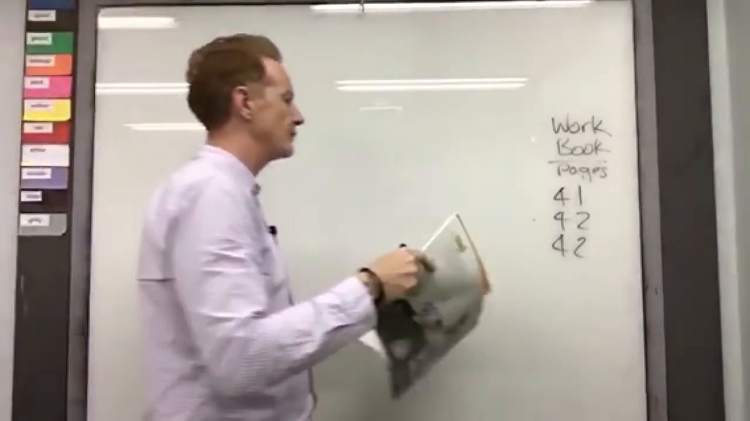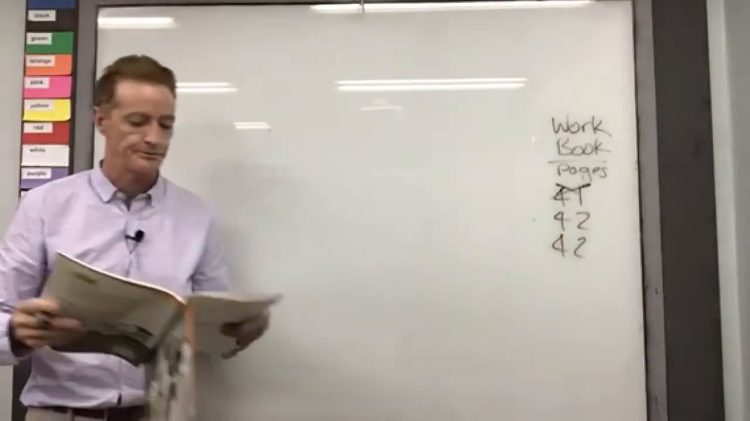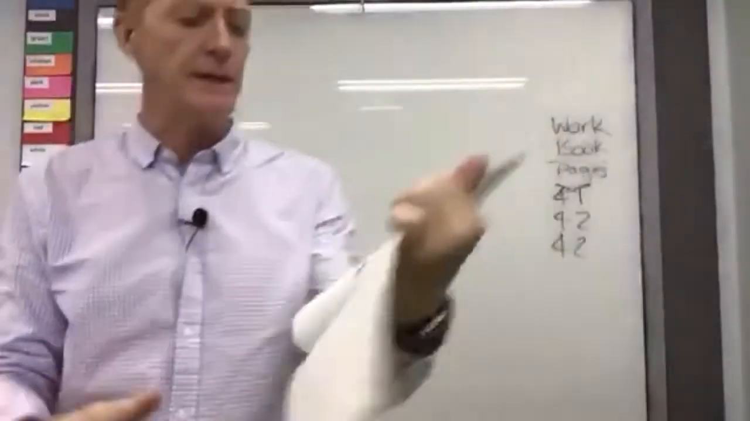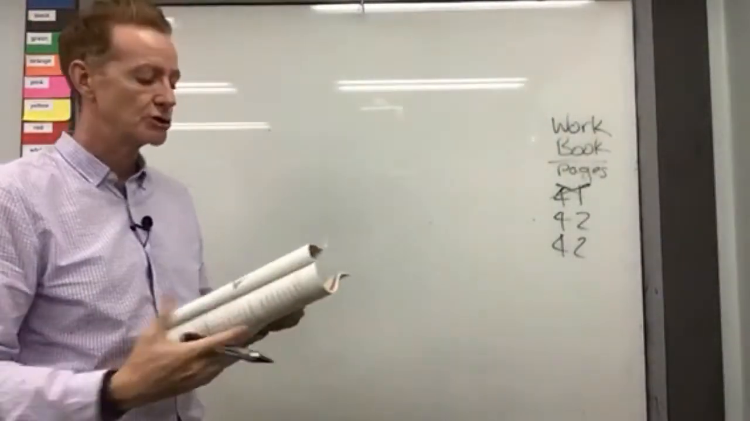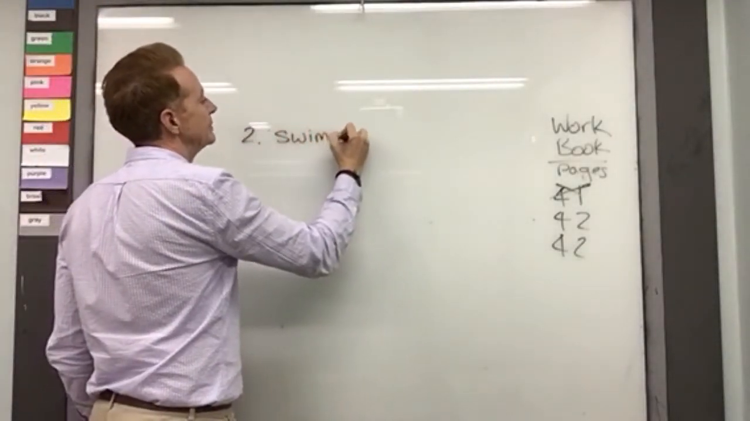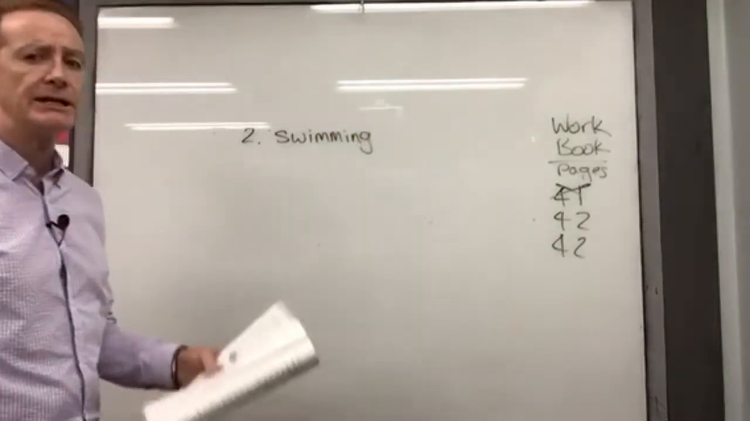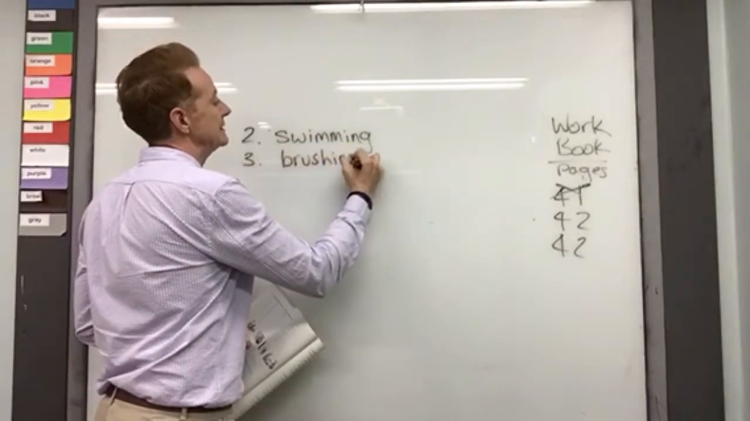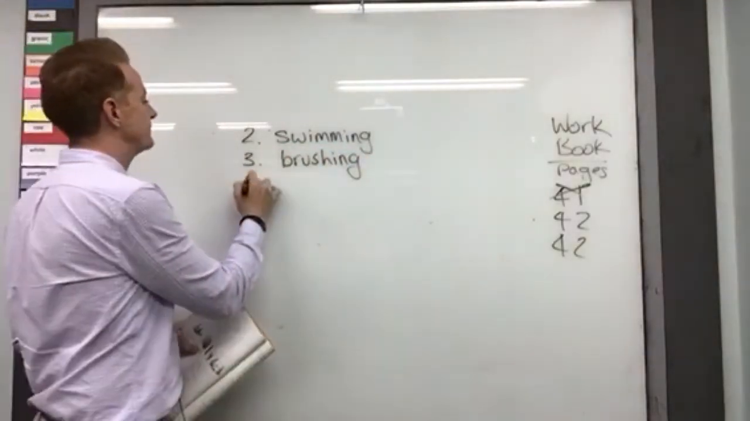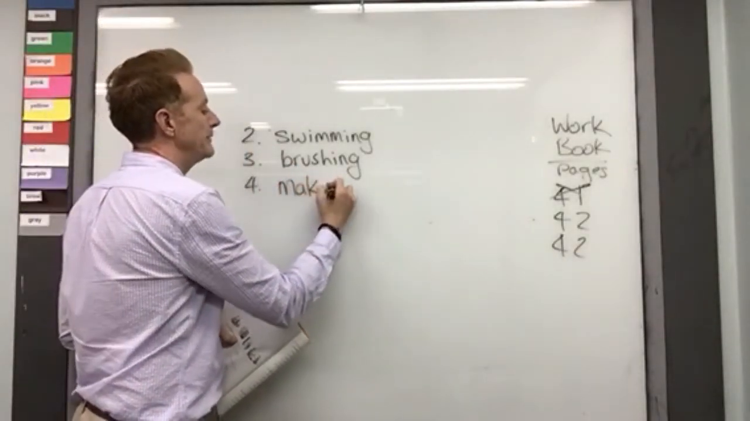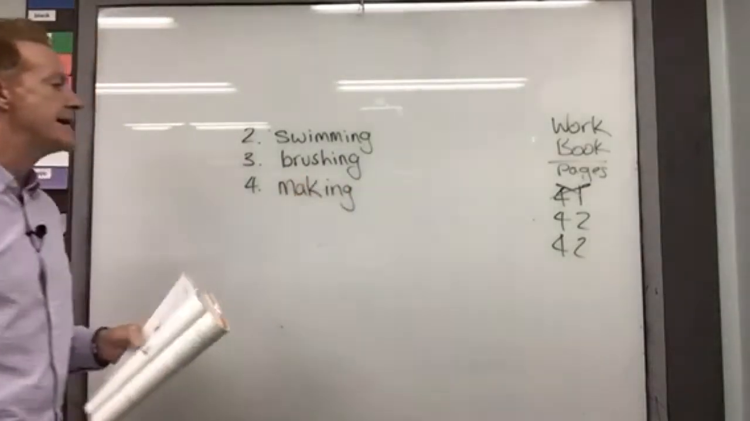To page 42. Now we are doing some spelling checks, writing the correct form of the verbs here. Number 1 is already done, talking. Number 2, swimming. How do you spell it? It is double M, I-N-G, swimming. 3, brushing, just add I-N-G. Number 4, making. Now you have to drop the E. So no E, M-A-K-I-N-G,